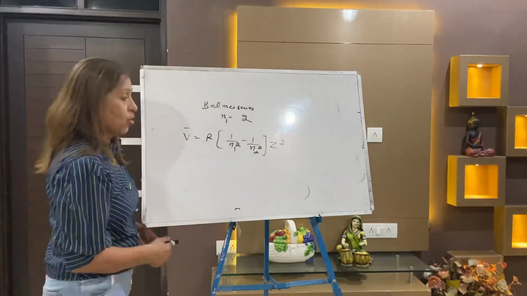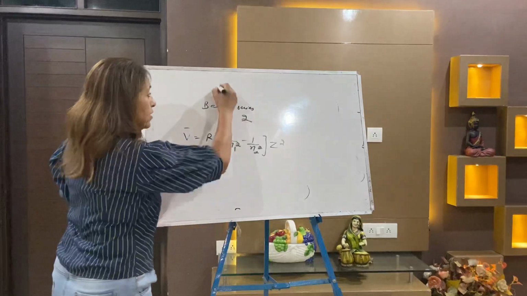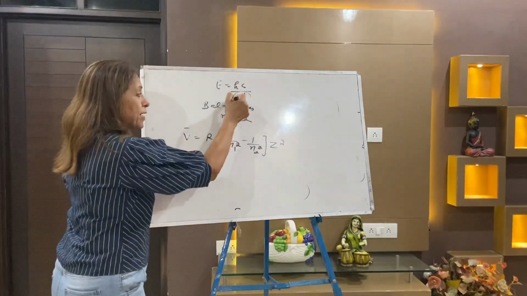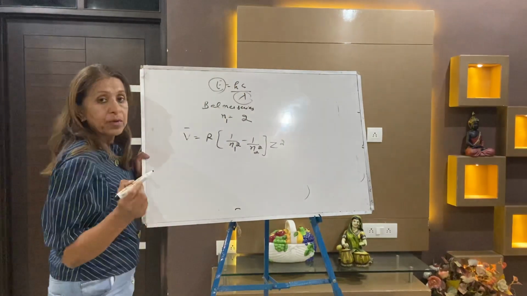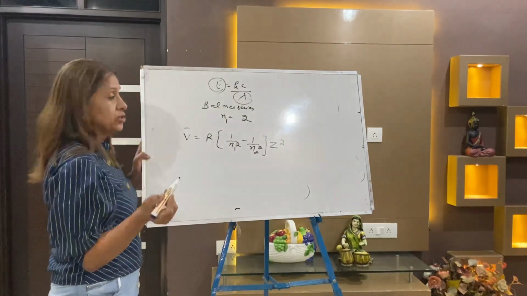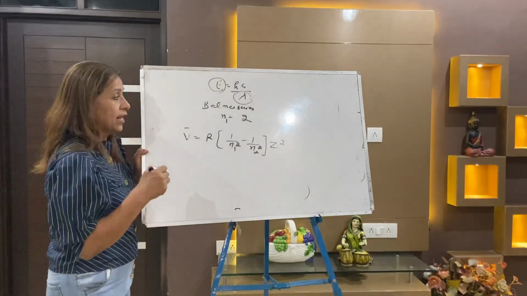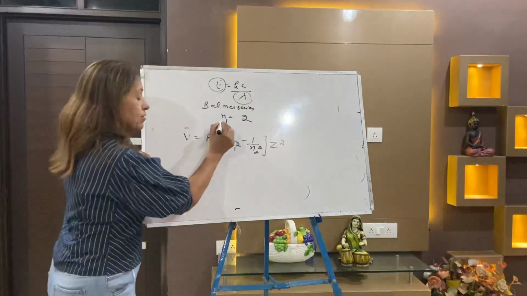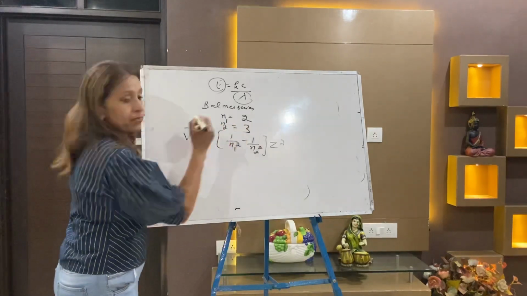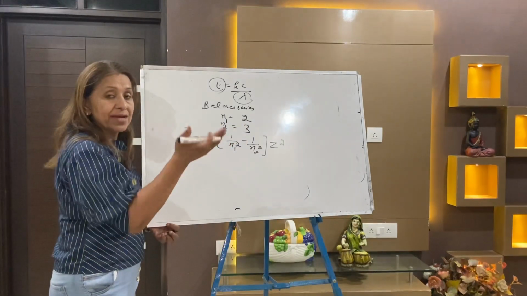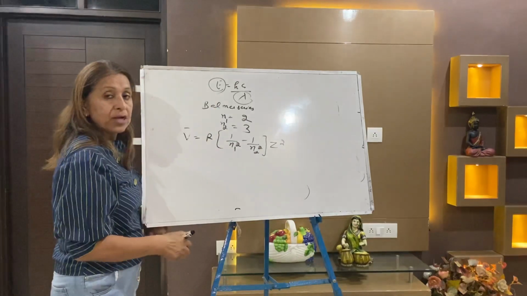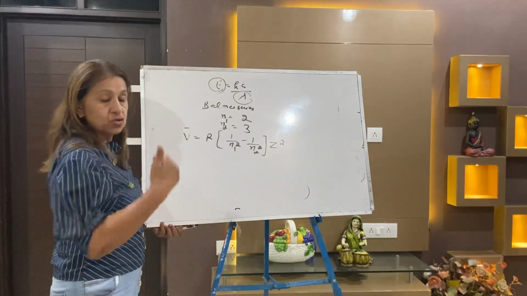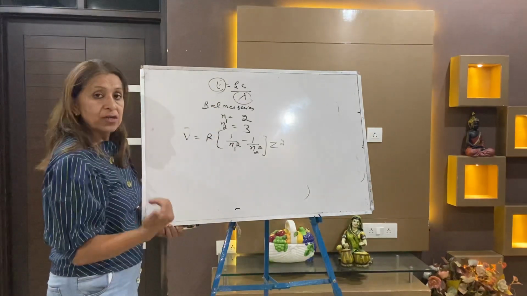What does it mean, longest wavelength? Do you know energy is equal to hc by lambda? Longest wavelength means less energy. Longest wavelength means less energy, and lesser energetic light is only emitted if electron jumps from the next level. That means your n2 will be 3. It's just the next level. Only then the electron requires lesser amount of energy, that is, to jump from n is equal to 3 to n is equal to 2.